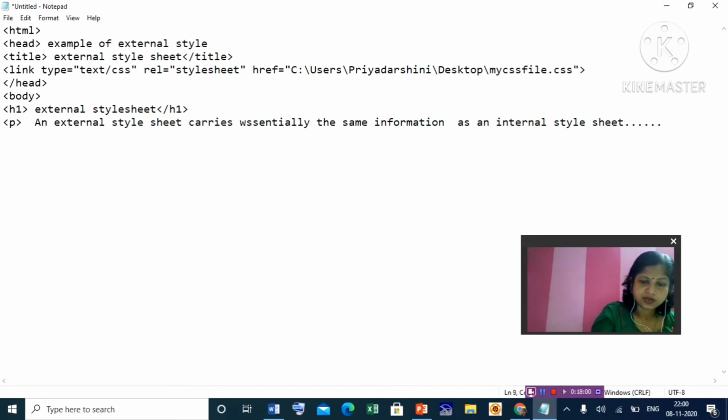Then close the paragraph tag, then close body, then close the HTML tag. After that we'll save it.